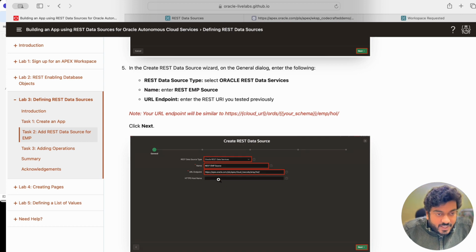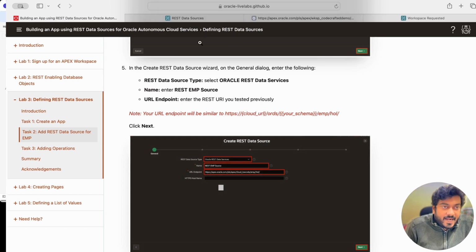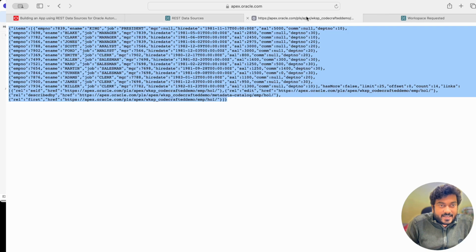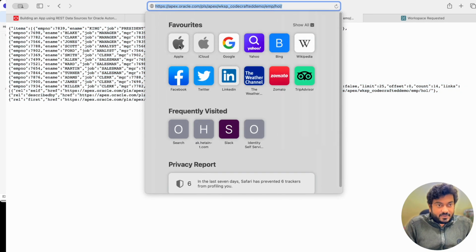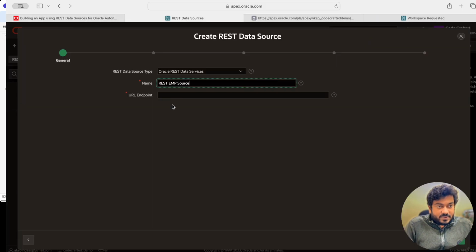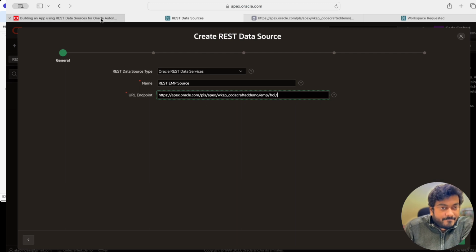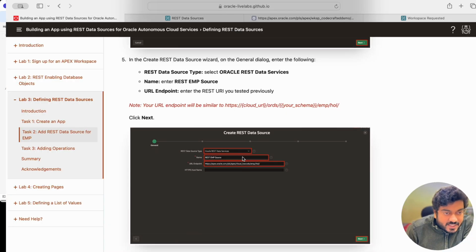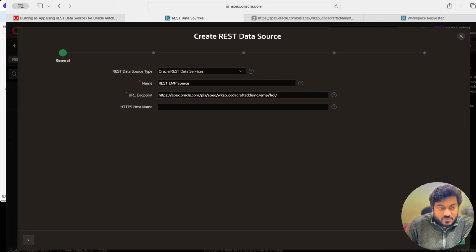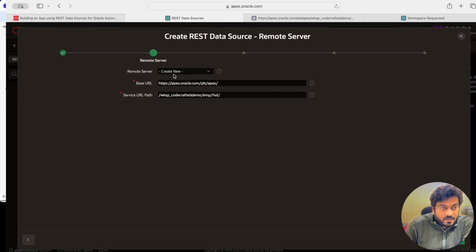And we need to provide the endpoint. So we will copy exactly the same one which is coming here, and we will be pasting it here. So I think it is doing the same, right? And then next. So this is the base URL, and the service URL path will be like this. Okay. Next,